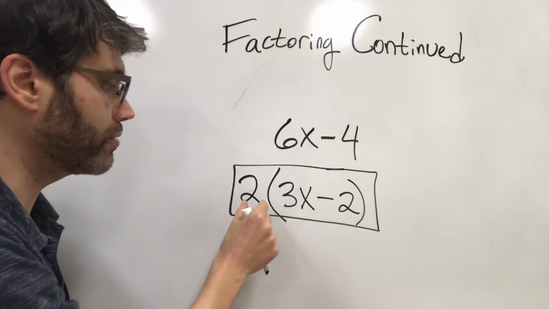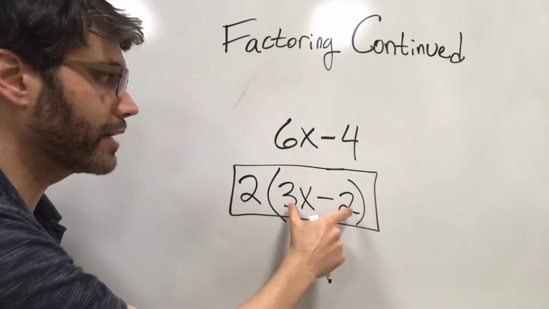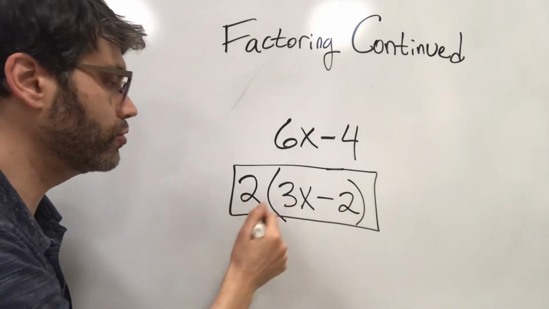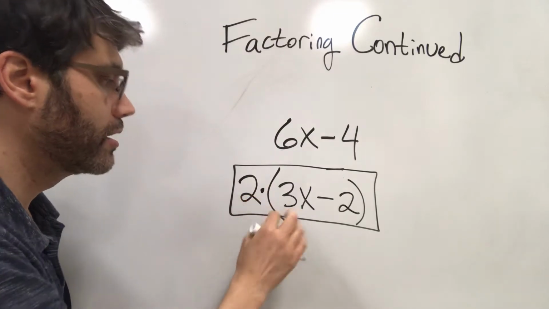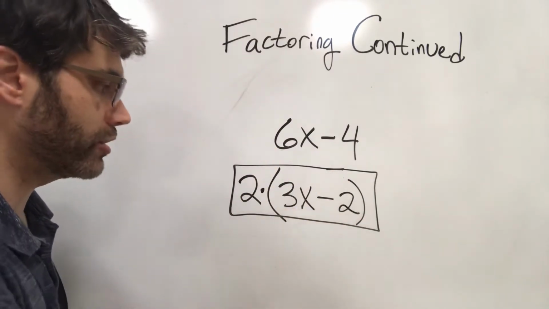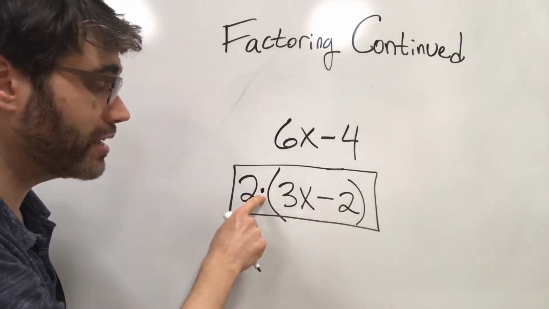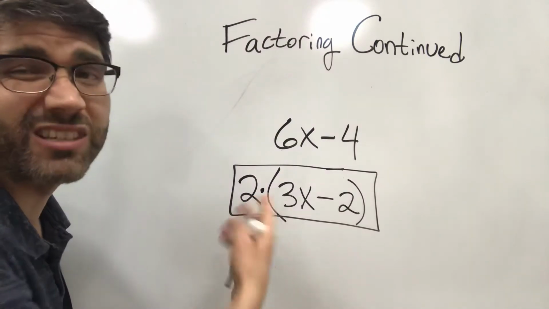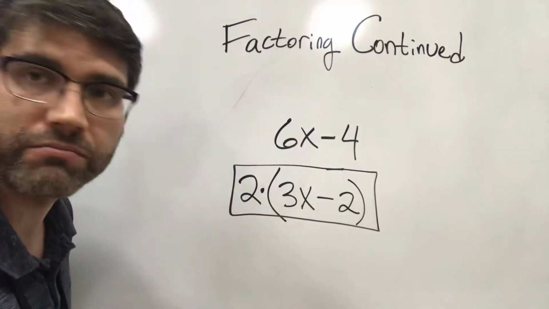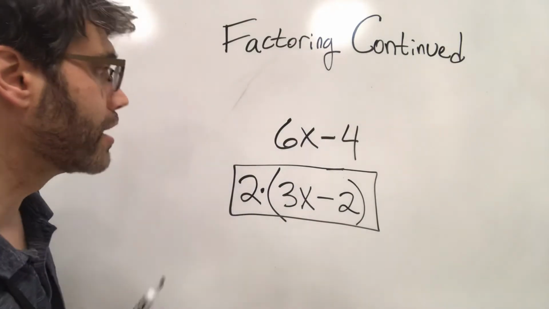So don't just write 2. Don't just write 3x minus 2. Write 2 times the quantity 3x minus 2. And I didn't have to put a little multiplication dot in there because it's assumed, but if you want to put it in, feel free to do so. Okay, so let's